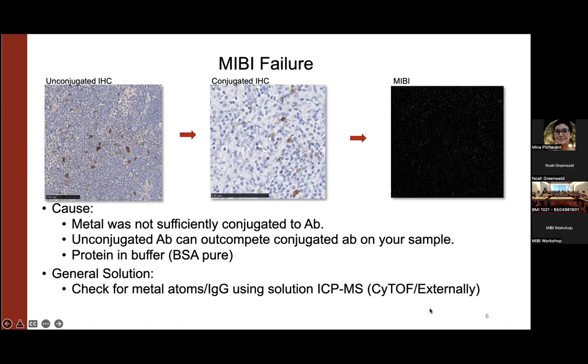However, with our CyTOF, there are a number of external companies that are well trusted to send your antibody to and see if there's been metal loading on that antibody. After doing that, if you're finding that the issue is some sort of metal loading, you can try reconjugating this antibody and seeing if maybe there was some sort of issue where you found that there was protein and you were able to purify out that protein and reconjugate. And of course, lastly, if you were unable to reconjugate this antibody and get it working, you can try for